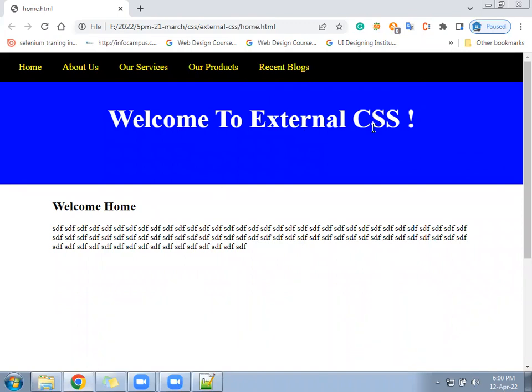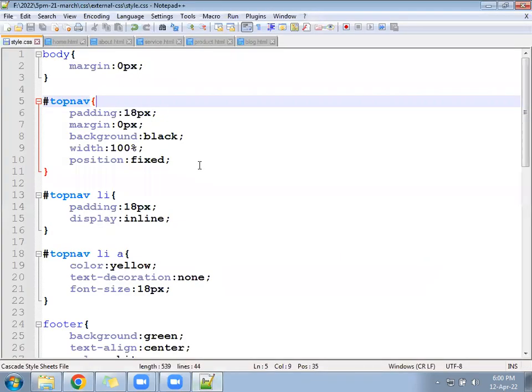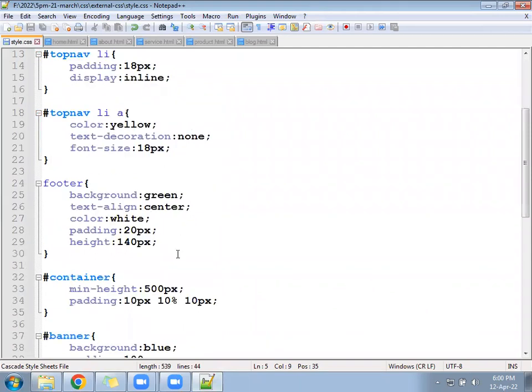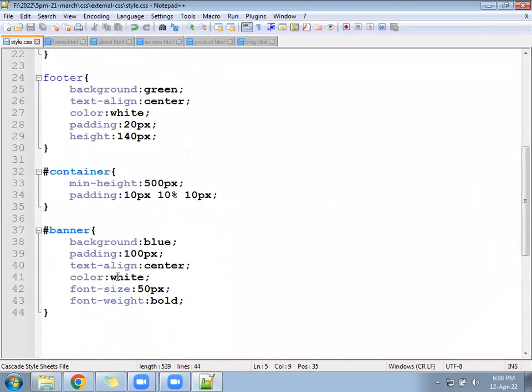Ready? Now you can increase the padding of navigation. Not navigation, the banner we have here. We have written padding, how much? 100 px only, correct? So in that, top keep 150, or maybe entire keep 150. Padding 150 from all the sides, left, right, top, bottom, everywhere.